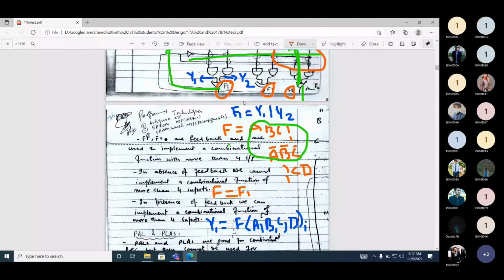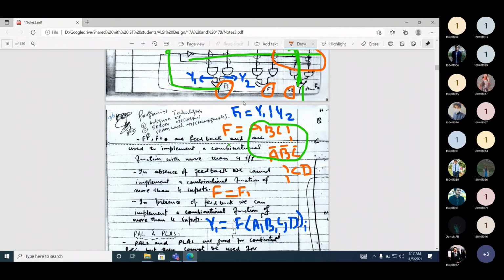But now, what is the problem of all these devices that we studied? We studied PROM, we studied PL, we studied PLA. All of these devices are used to implement a combinational function or a sequential function? Combinational function. Why not a sequential function? Flip-flops are not there.